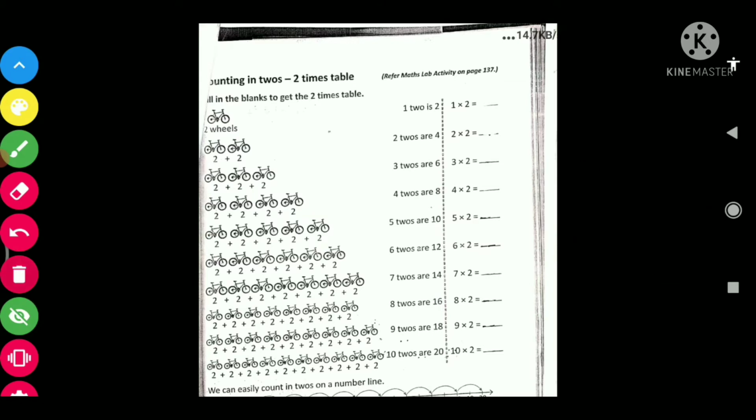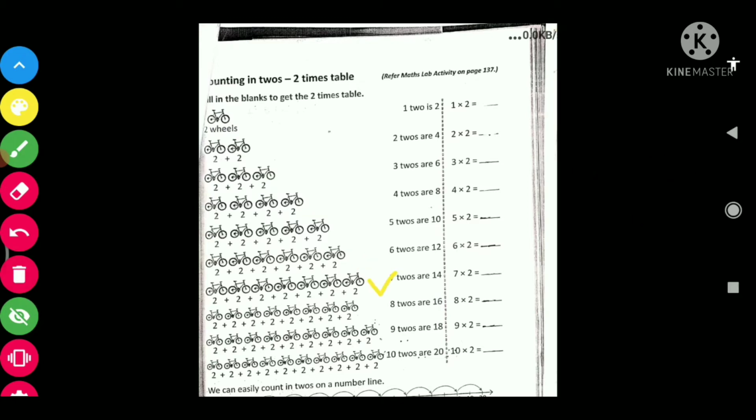Okay, now see the next one. 6 bicycles are there, and 6 having 2 wheels each. Now 6 twos are what? If we combine two 6s, then what will we get? 12, right? So 6 twos are 12.